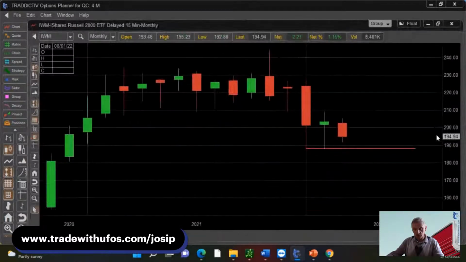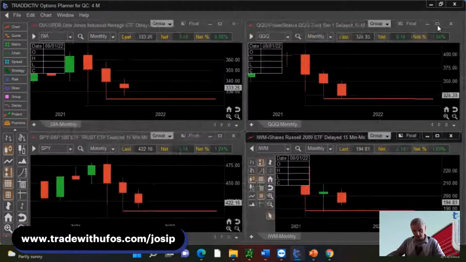I want to jump to the IWM and just point out something very interesting. What is interesting with the IWM, which represents the Russell 2000, the small caps, is that the January low coincided with the February low. And of course, similar to what we saw earlier on the Dow, we are still stuck in a range as of now within the February bar. But what is different about the Russell versus all three other ones is that in February, that was a green bar.